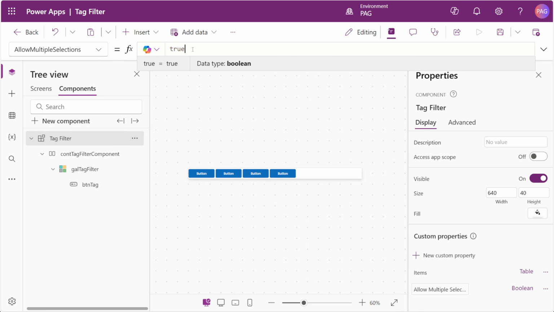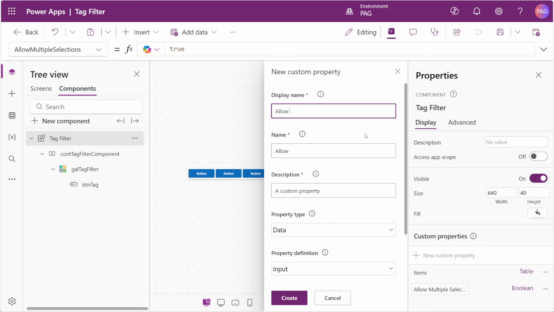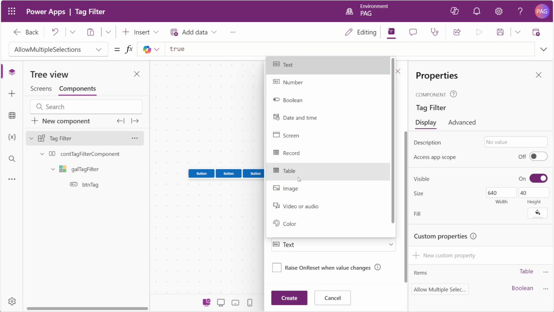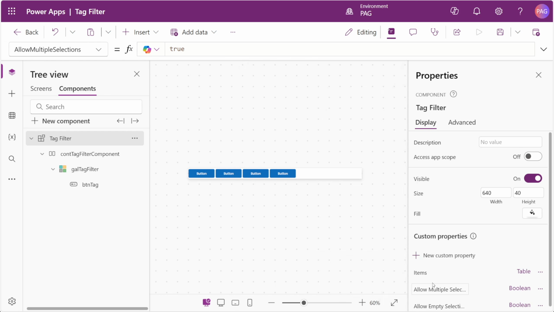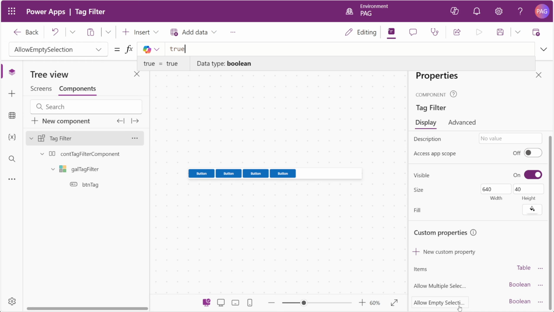We'll leave the default value of this as true, and if this is enabled, we can allow for multiple tag filters to be selected by the user. Otherwise, if it's disabled, we only want one tag filter to be active at a time. We'll create another custom property called allow empty selection, and this will also be another input Boolean. This custom property will control whether no tag can be selected or if there must always be at least one